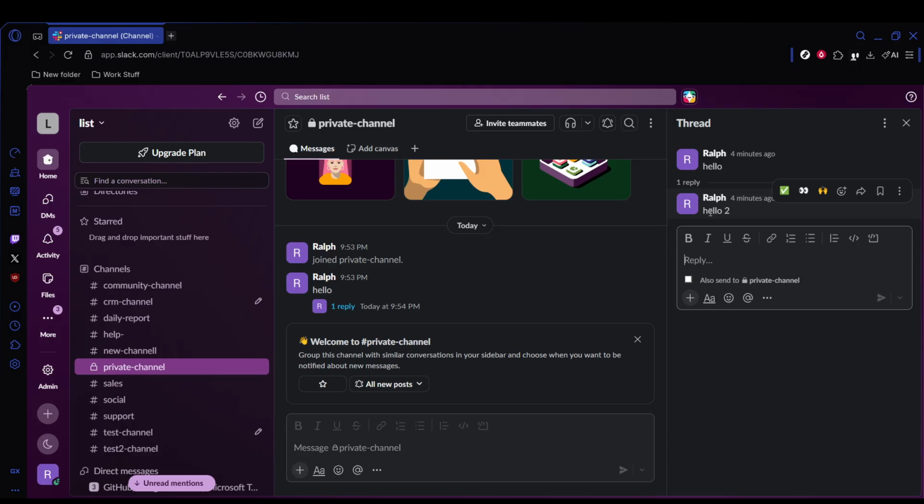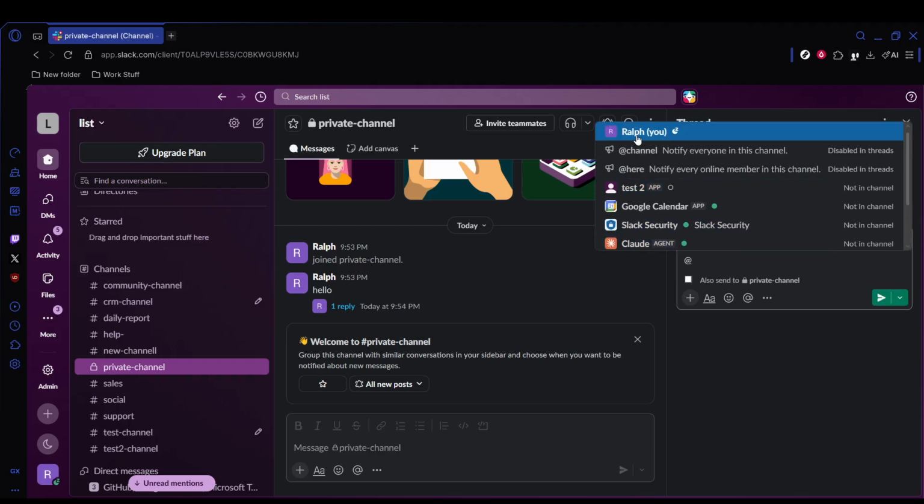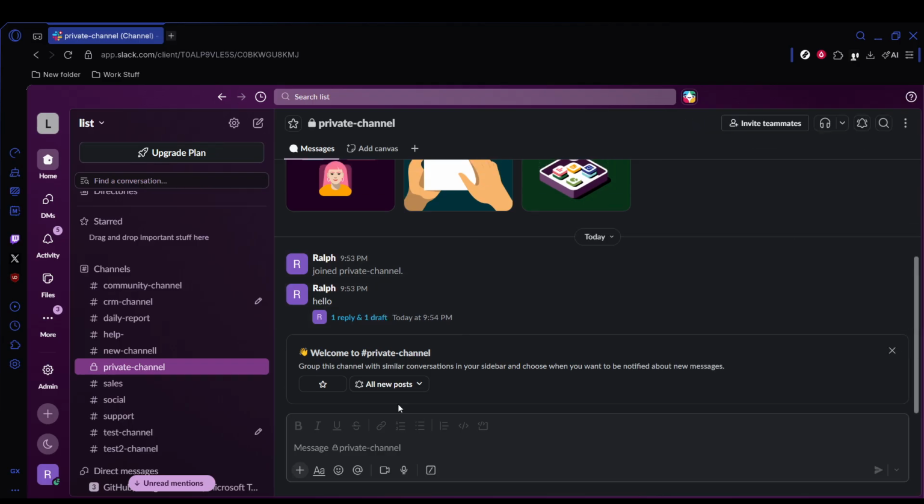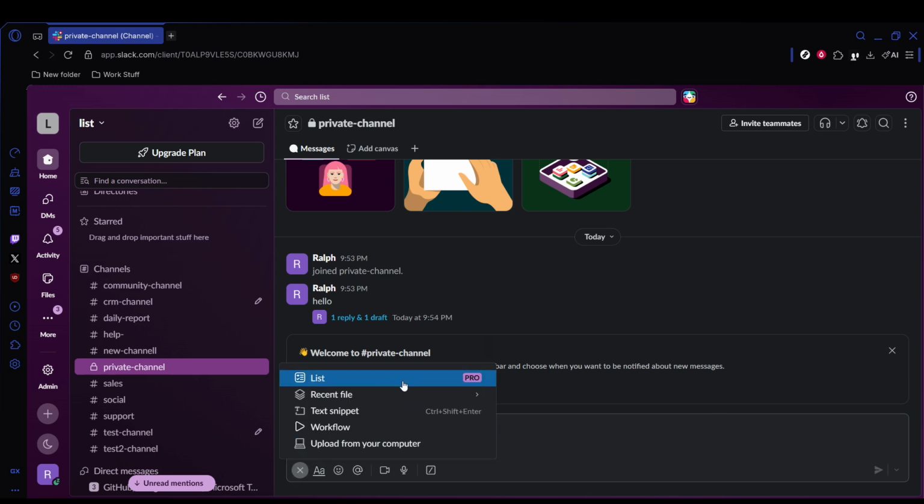You can also tag teammates and share files. To notify someone directly, type the @ symbol followed by their name. This helps make sure the right person sees your message. To upload documents or images, click the paperclip icon in the message box or simply drag and drop files into